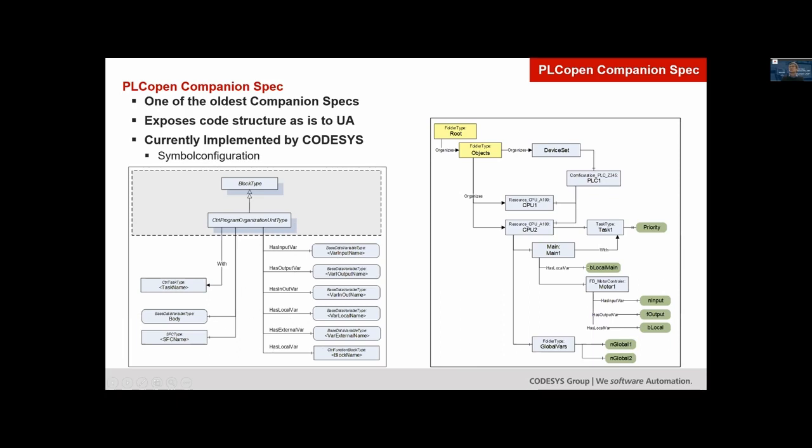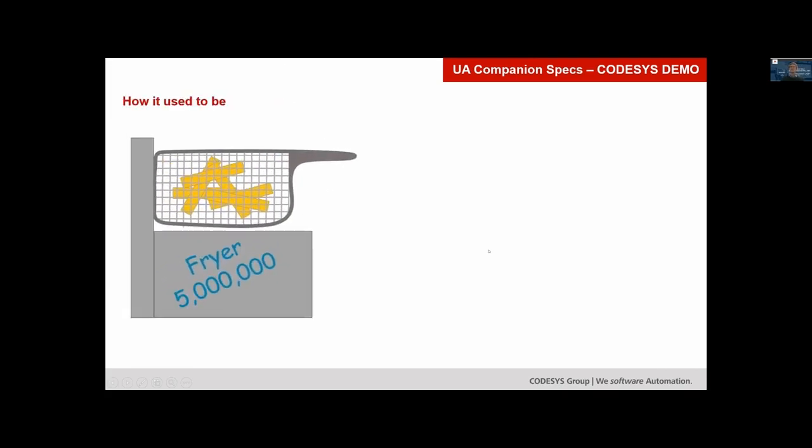function blocks. If you take a look at this example here, you can see that we have our CPU that's running a program, which is associated with a task, which then contains a function block called motor, which then has input and output variables. So it's very focused on the IEC 61131-3 code and giving a one-to-one representation of the code you wrote in an OPC UA information model. In practice, this currently means that if you have a device, let's say it's the Fryer